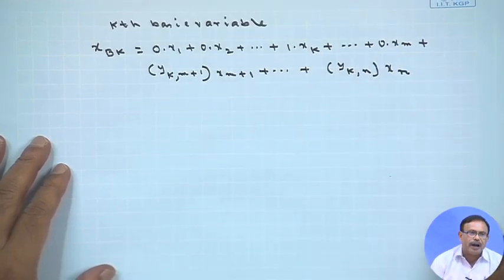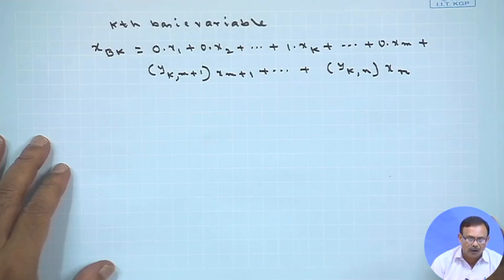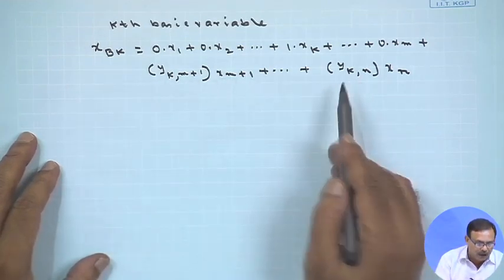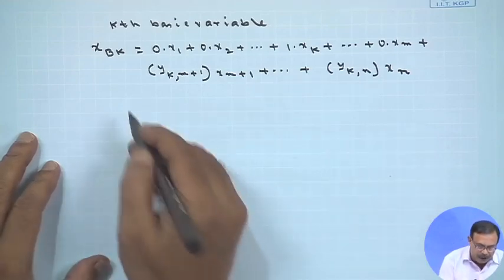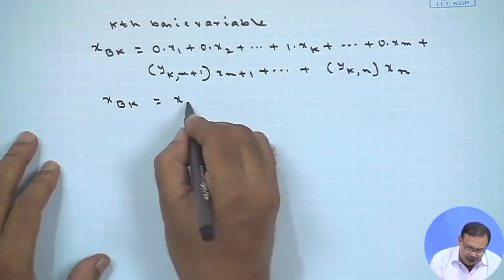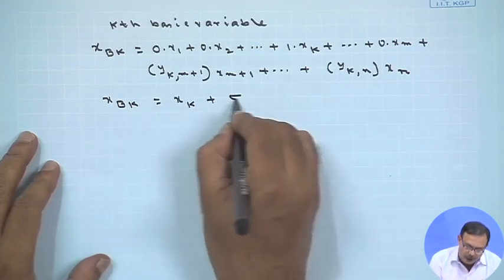So, we are assuming that the kth basic variable in the basis corresponds to the non-integer value, and that we are writing as xBk equals this. So, xBk you can write as xk plus all others will be 0,